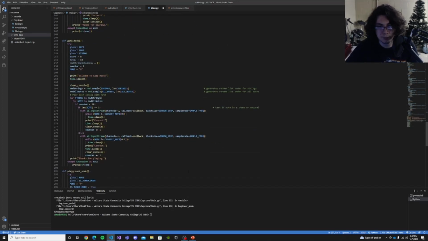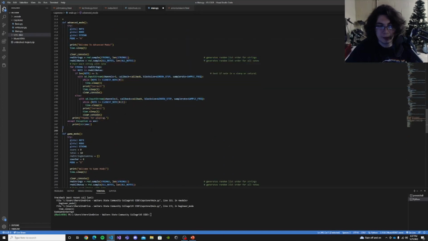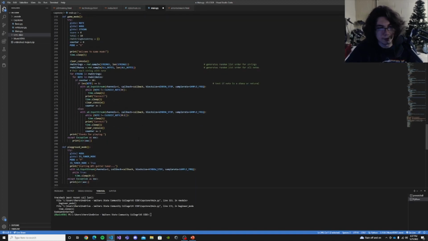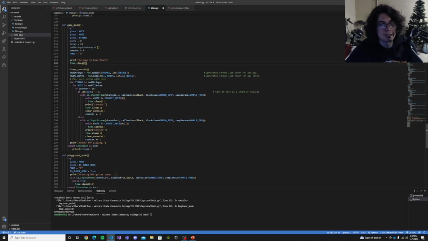Now the game mode, I had to make modifications to this to make it do what I want, and it's not perfect. If I could get this advanced mode working right, I could have my game mode working a lot better, but I'll do my best to explain this game mode. So, unfortunately, I don't think I'm using much of these that I've defined other than the top ones and the counter, but how this is going to work is we're going to print the game mode, just the simple intro